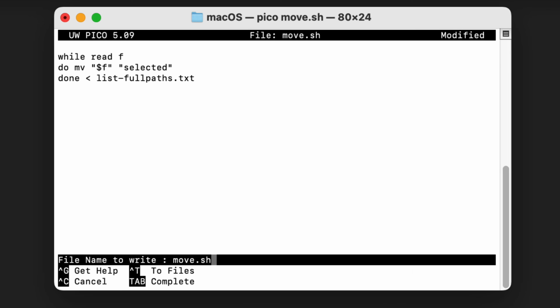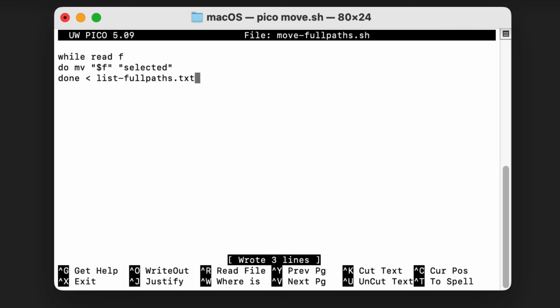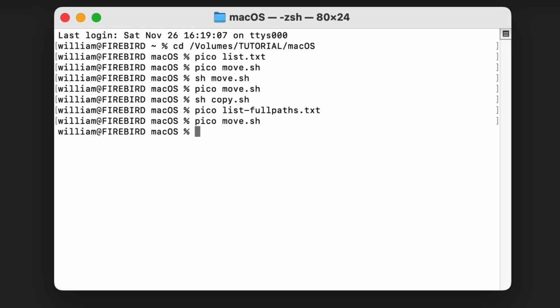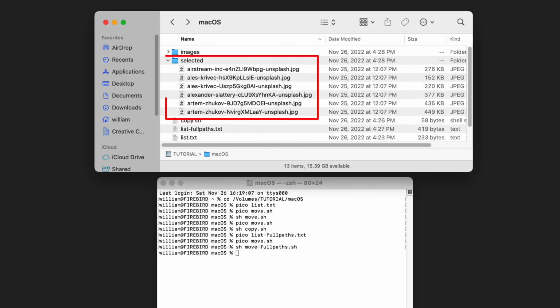Control-O to save. Change the name to move-fullpaths.sh. Press return. Control-X to exit. Now try it. Enter sh space move-fullpaths.sh. And there it is. Use whichever method fits your situation.